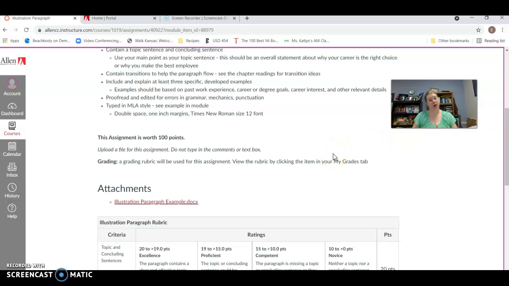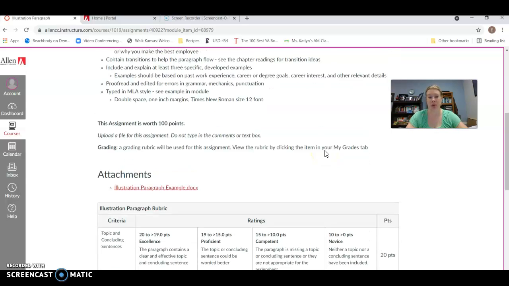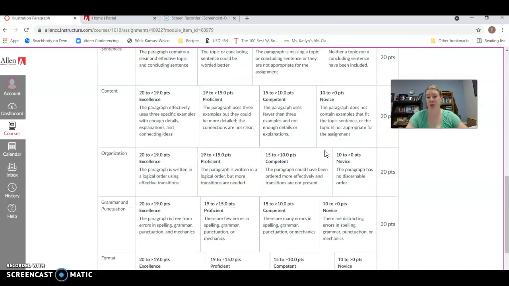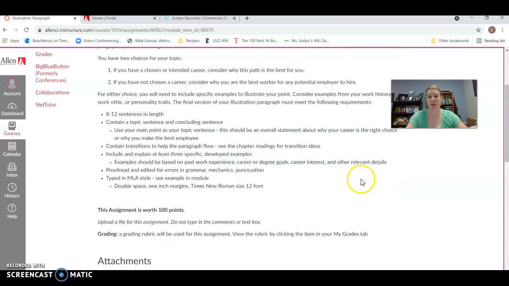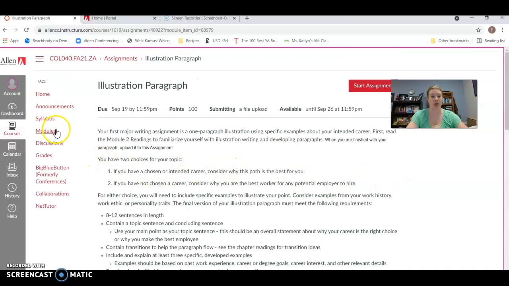For the next paragraph assignment, we will actually do a little bit more pre-writing in order to help you get to the point where you have enough information for your paragraph. This paragraph is a little bit more personal, so we don't necessarily need all that pre-writing. If you have questions, obviously that's the end of the module, is to finish that illustration paragraph. I would give yourself some time to do it. Don't try to finish it right before the module is due.